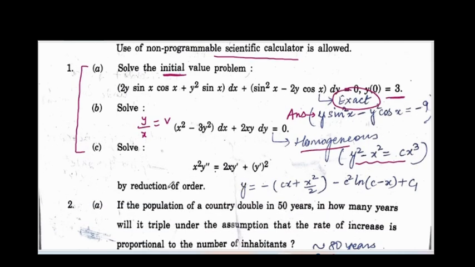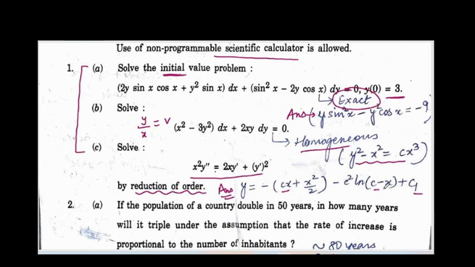The third part was reducible second order differential equations, and you can see that this is the category where the dependent variable y is missing, so you know what to do here. I have written the final answer here so that when you solve it you will be able to tally your answer. And since it's a second order differential equation, you can see that there are 2 constants, 2 arbitrary constants in the final answer.